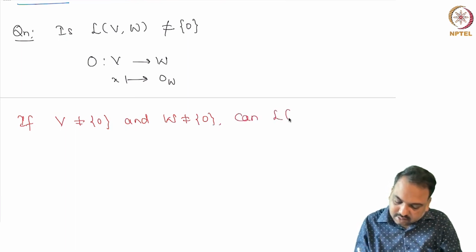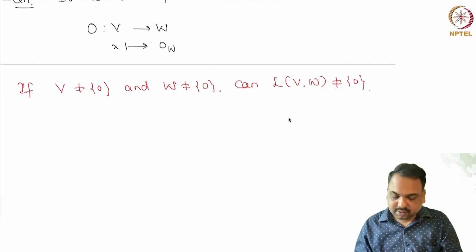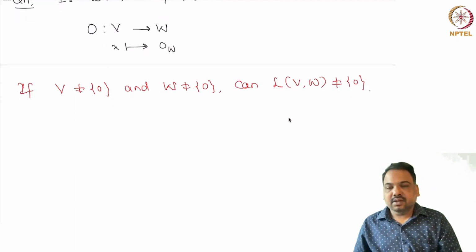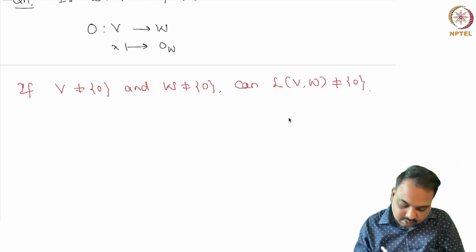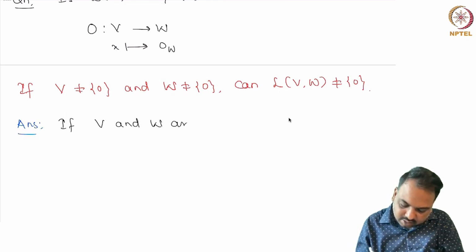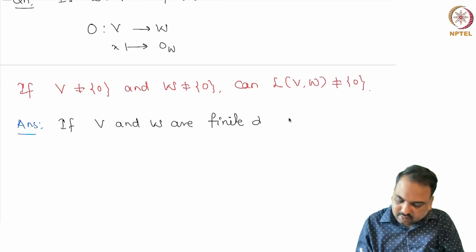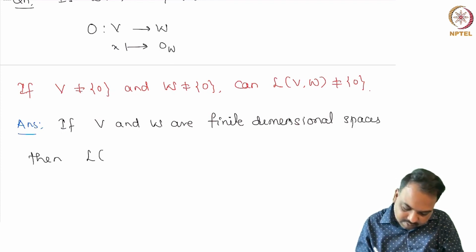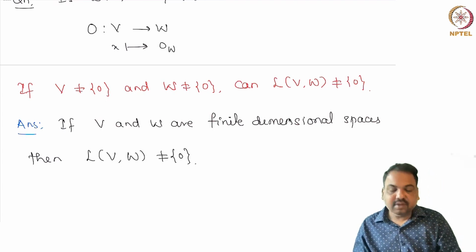can L(V,W) be non-zero? This is the question. When V and W are finite dimensional vector spaces, this can be done easily. Answer: if V and W are finite dimensional spaces, then we can say that L(V,W) is non-zero. When V and W are finite dimensional,